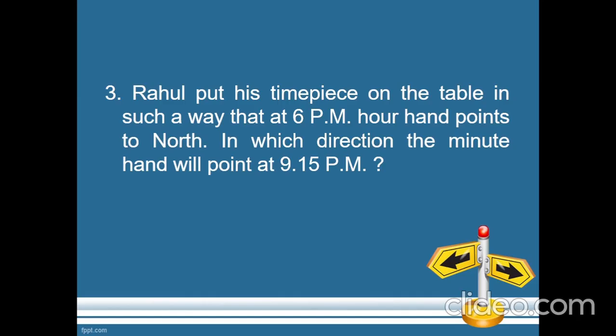Minute hand means the larger hand, and hour hand means the shorter hand in the clock. Now I draw the diagram here. Just consider this is your clock. Mention the time 12, 6, 3 and then 9. So this is the actual clock. For example, now the time is 6 p.m. What they told means during 6 p.m. the hour hand